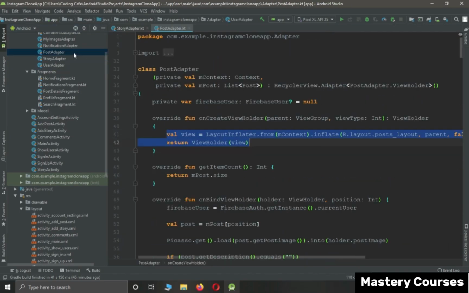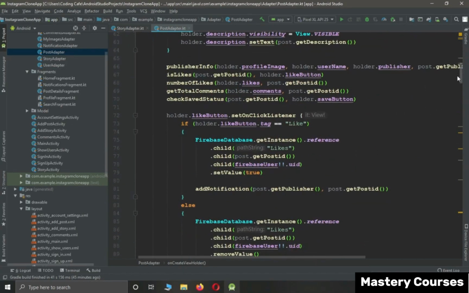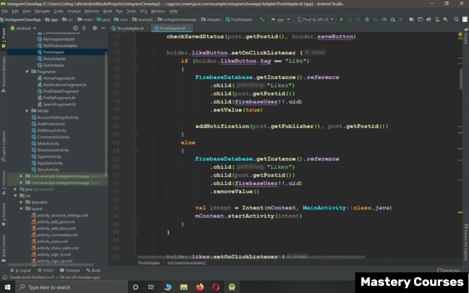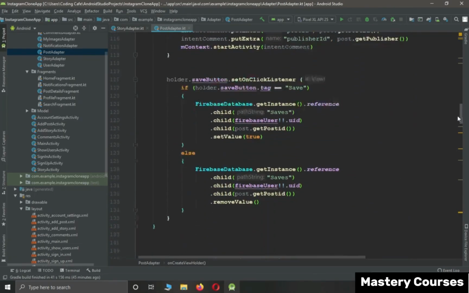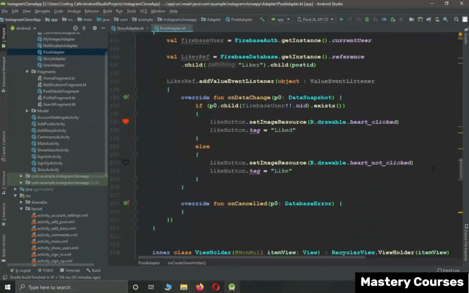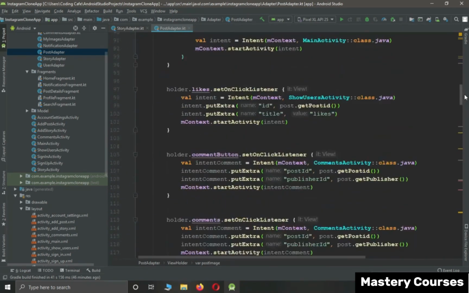And here, let's scroll down inside our on-bind view holder. Just like we set the click listener event for the like button, we have to set a click event for these fields, which include our profile image, the username, and the post image. So let's come here and inside the on-bind view holder,